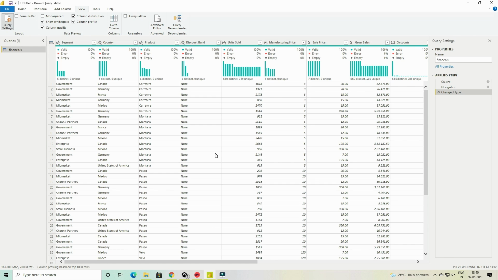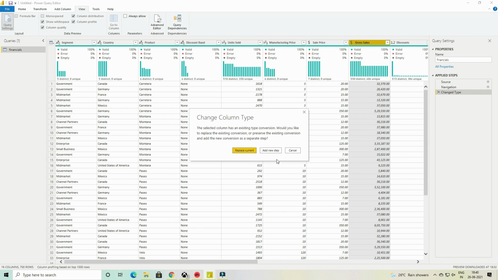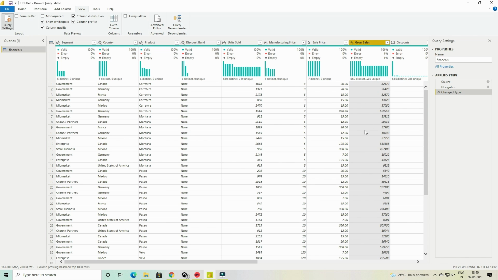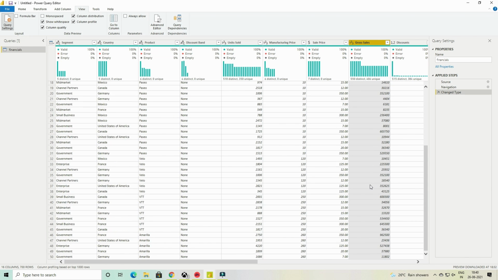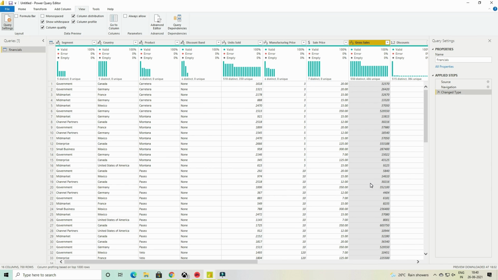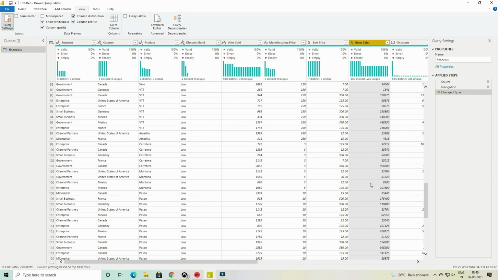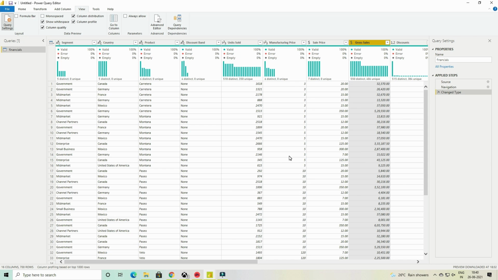For example, a lot of times you will see, when you are reviewing the data type, the currency is formatted to something like whole number instead of fixed decimal number, because Power BI is essentially trying to reduce the size of the data. For example, if you are storing $500.75, so 75 cents, which makes a lot of difference to our analysis, but Power BI doesn't know whether it's money or not. So it may simply truncate it and remove that 0.75 in order to reduce the data size.